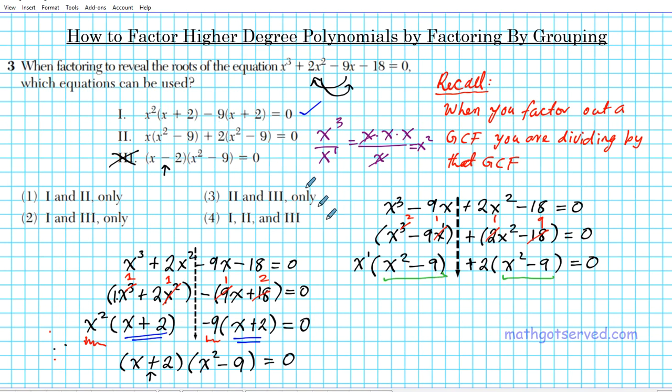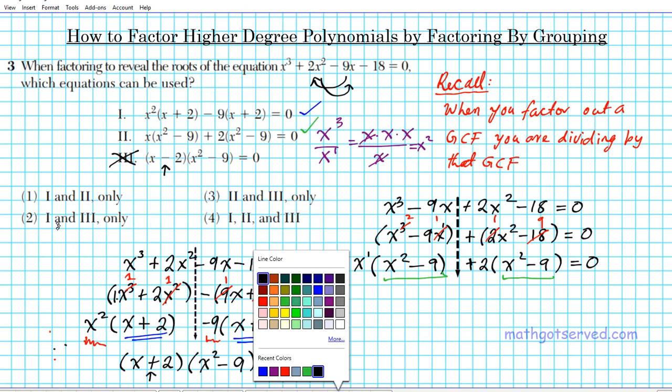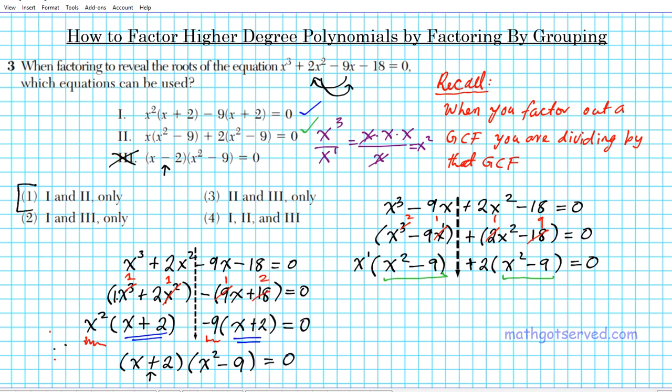Now let's see if we have a match here. X times x squared minus 9 plus 2 times x squared minus 9. Option number 2 is absolutely correct also. It can be used to reveal the roots of this equation right here. Alright, so the answer to this question is option number 1. Okay? Alright, so what we're going to do is we're just going to finish the problem off. The question doesn't ask us to do it, but I think it's important that you know how to solve